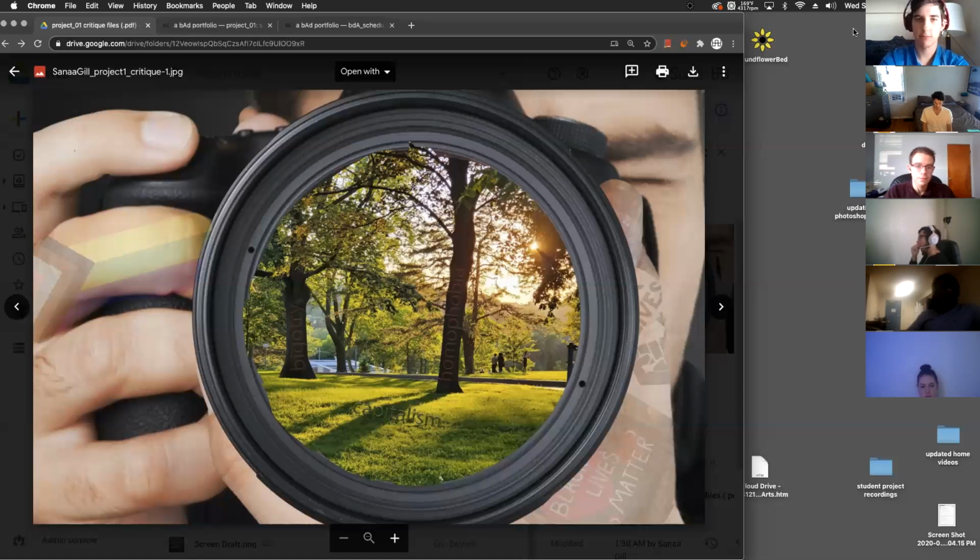Maybe in the lens, someone could be wearing a mask that has good things on it, or as they're taking it off, there are bad things hidden behind it. Maybe that could be a way to show it in a different way, so you don't have to use this image. I don't really know how you would symbolize it, but